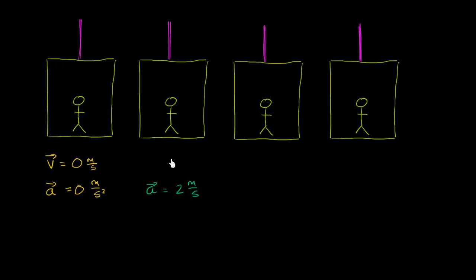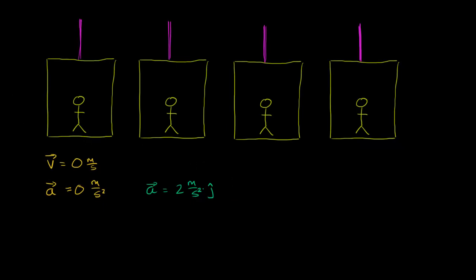I could write 2 meters per second squared times the j unit vector, because that tells us that we are moving in the upward direction. And let's say we do that for 1 second, and then we get to this screen right over here. So we had no velocity, we accelerate. This is 2 meters per second squared. Let me make sure, it's 2 meters per second per second. This is acceleration here. So we do that for 1 second,